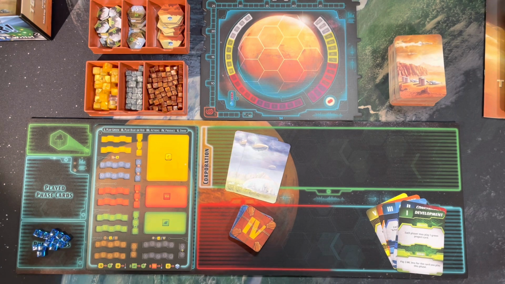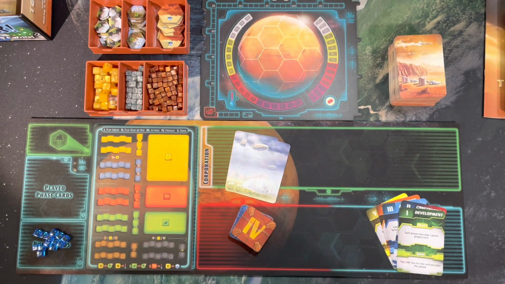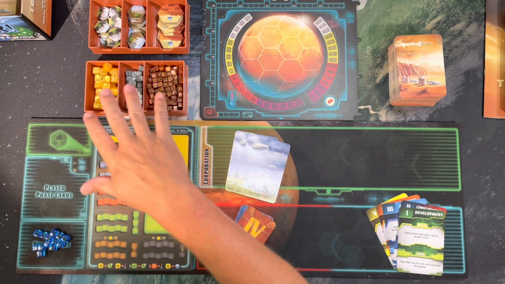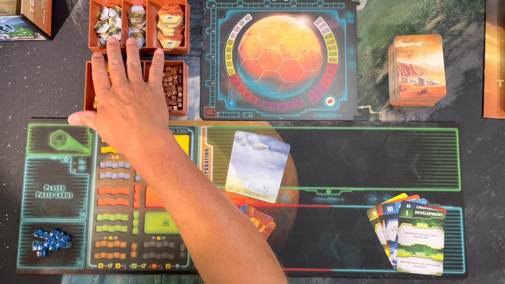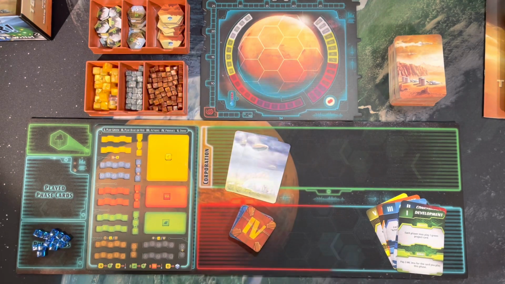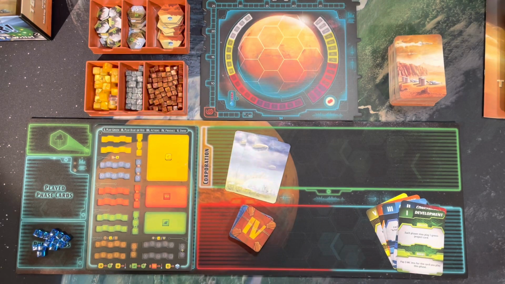Now, setup is almost non-existent if you have these particular trays that came with the Kickstarter. They're really nice. I personally have just gone ahead and put all of my resource cubes into one, and then my greenery cubes and my ocean tiles in the other. That's just personal preference. If you're playing multiplayer, you may want to split up your resource cubes and just keep these in a baggie, but